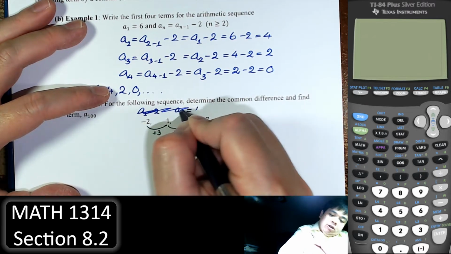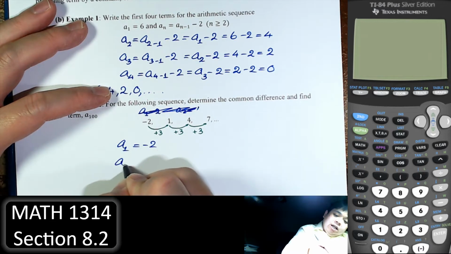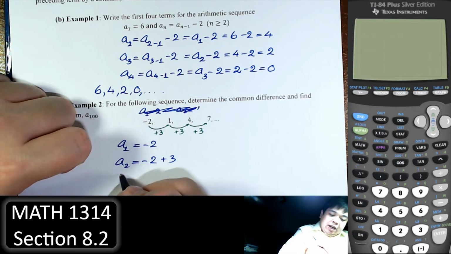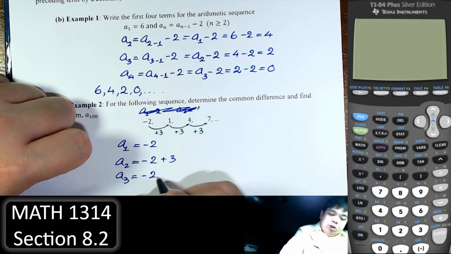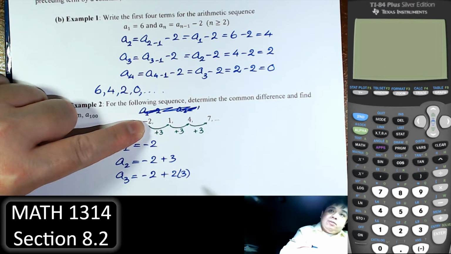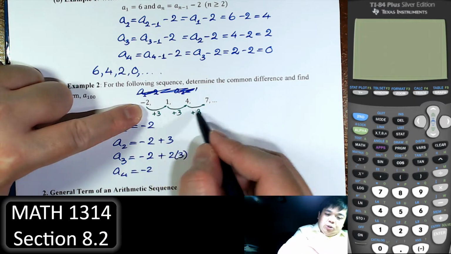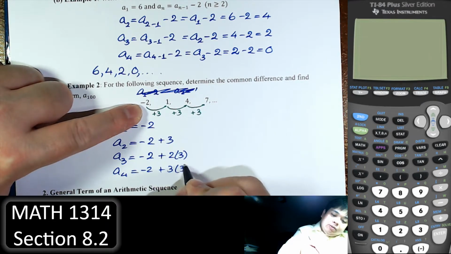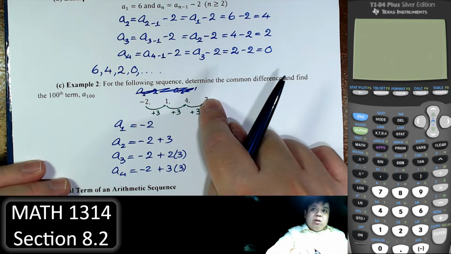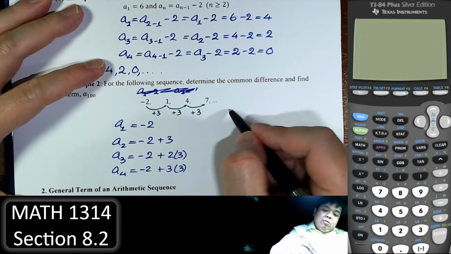So let's write it like this. a1 is negative 2, a2 is negative 2 plus 3, a3 is negative 2, and then 1 plus 3, 2 plus 3. a4 is 1, 2, 3. So we see if we want to go to the 4th term, we're going to take 3 steps. If we go to the 3rd term, we take 2 steps. So if we keep going like this,